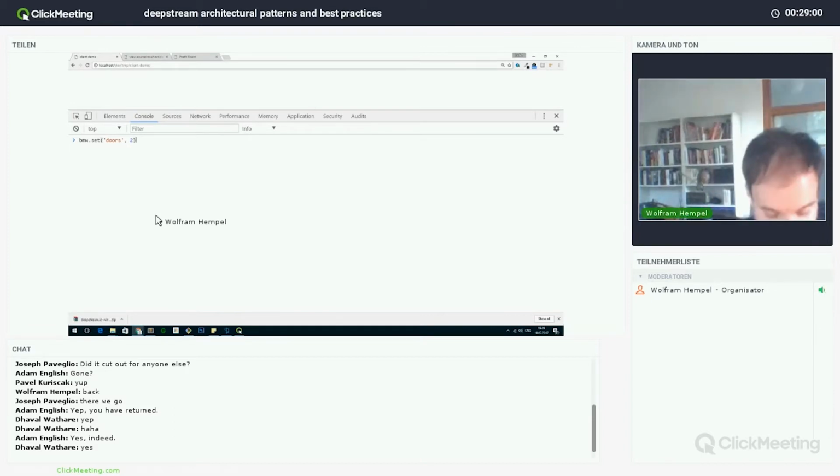A lot of our users, we found, though, are using deepstream as a data grid or as a streaming endpoint to consume massive amounts of messages from an existing message bus, say Kafka or RabbitMQ, and just want to fan it out to the web. And for that, the overhead of requesting every single record on every single change and then manipulating it is significant. So rather than doing that,